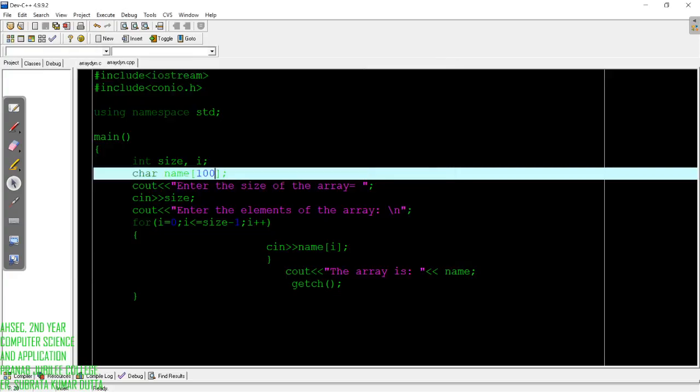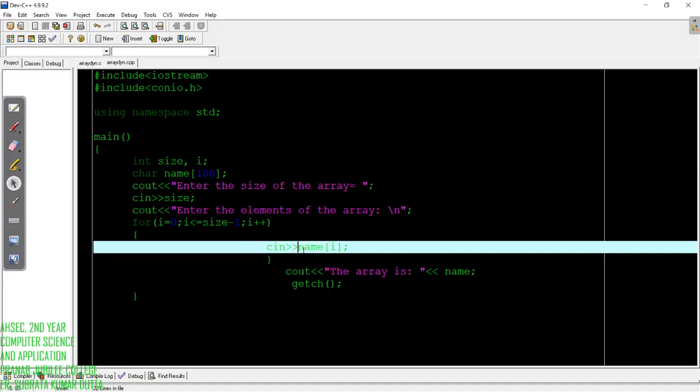Again, another thing you can do is see the index value yourself. Okay, how?